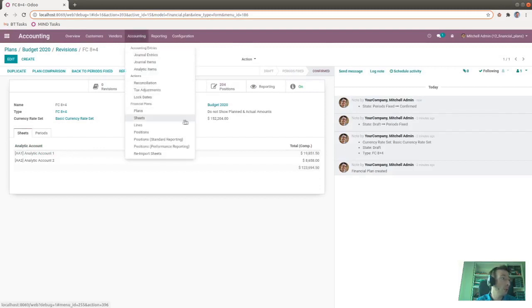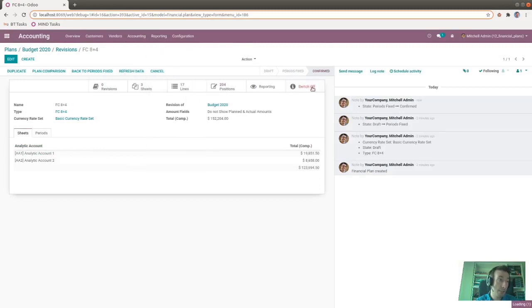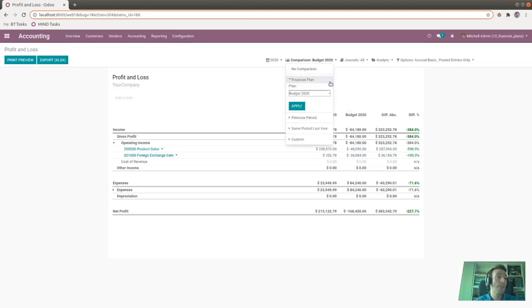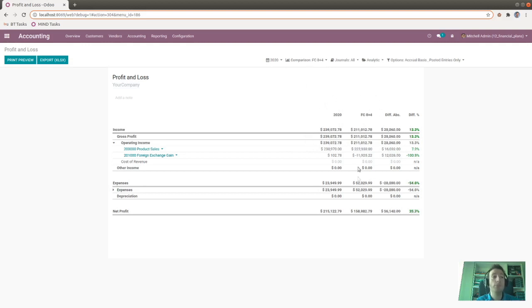Now if we go to the reporting profit and loss, for example, again, we now have another financial plan to select. In this case, the numbers are going to be different because, as you saw, things were different. If we change the period, so instead of this financial year, if I say, for example, this month, everything gets updated accordingly.